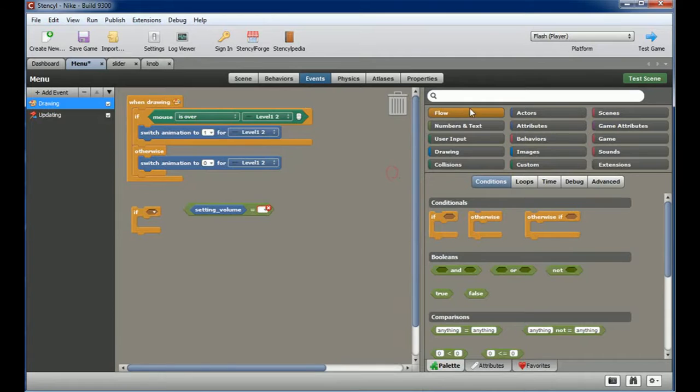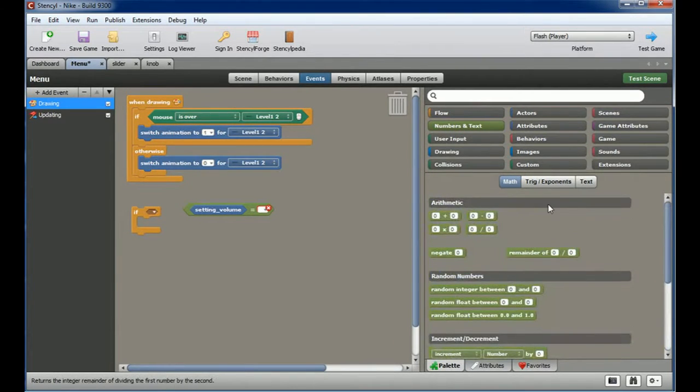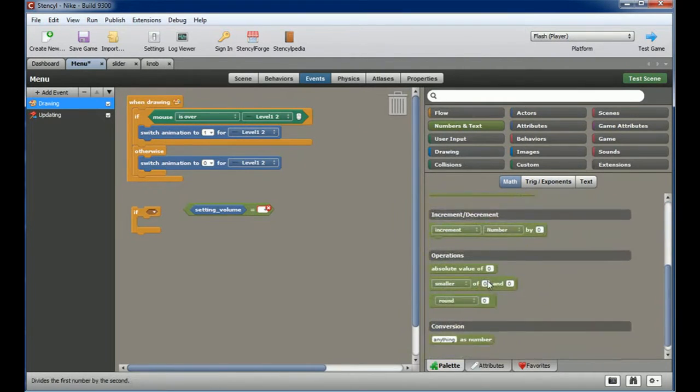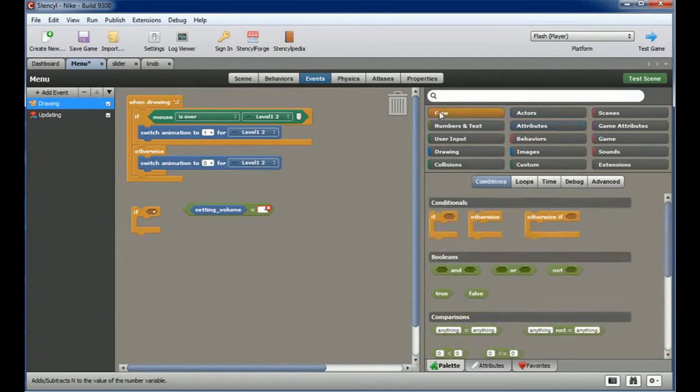You can also, I think, get that through here. I thought that was, oh yeah, right here. So if setting volume is true,